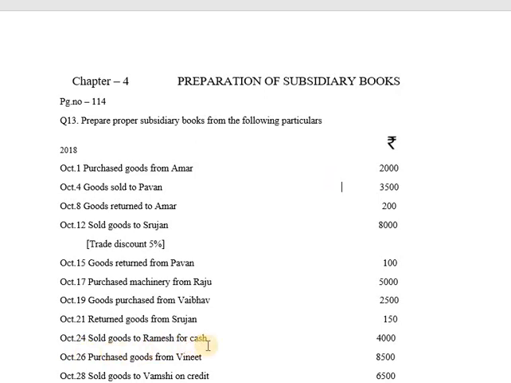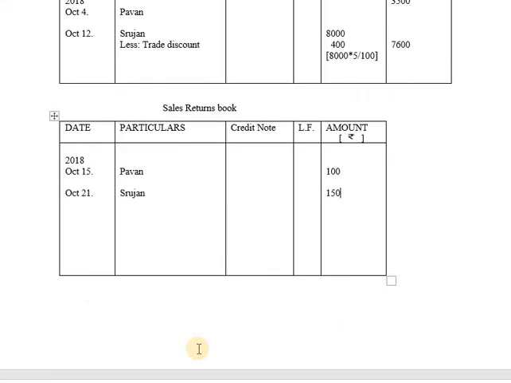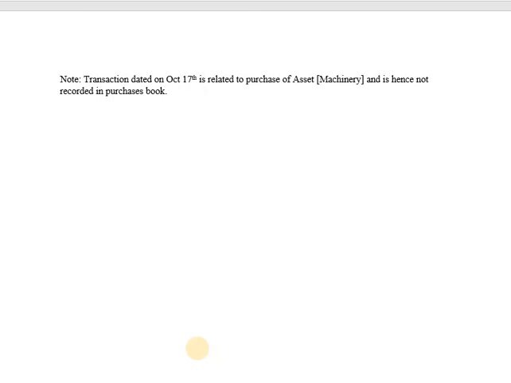Sold goods to Ramesh for cash. So we are selling the goods to Ramesh, but in return we are receiving cash immediately. So it is a cash transaction, hence it is not recorded in sales book, because in subsidiary books we record only credit transactions. तो जब हम पैसा देके खरीद रहे या पैसा लेके बेच रहे, वो cash transaction हो जाता, and we don't record cash transactions in subsidiary book. So for the transaction done on October 24th, we will be writing a note that transaction dated on October 24th